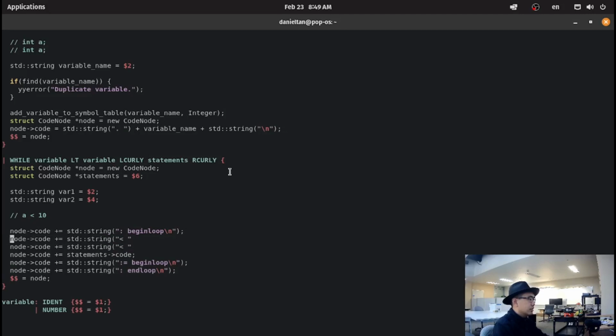We're going to create a temporary variable, a temp variable to store our information, followed by var1 plus var2 plus